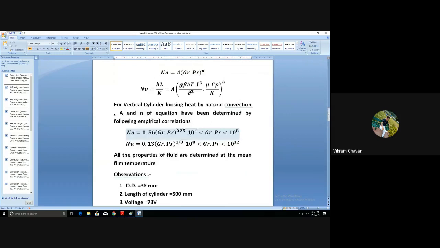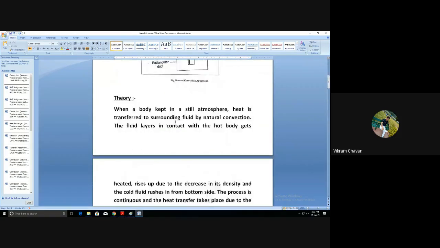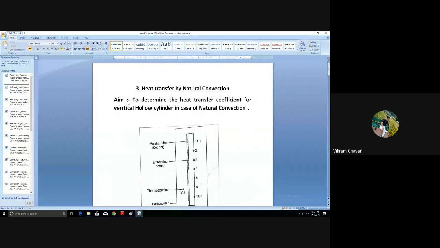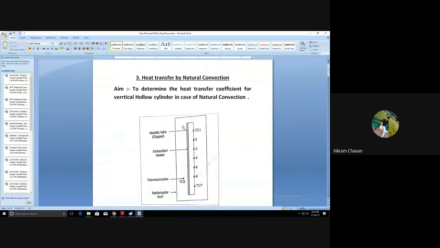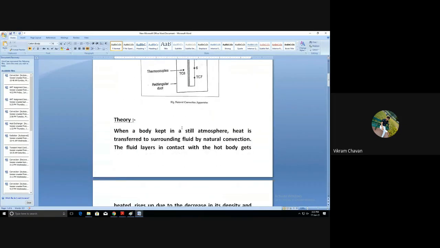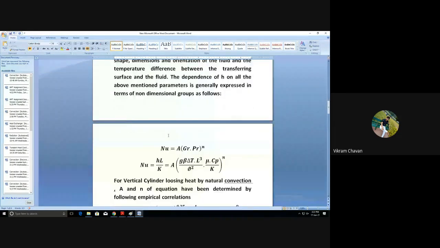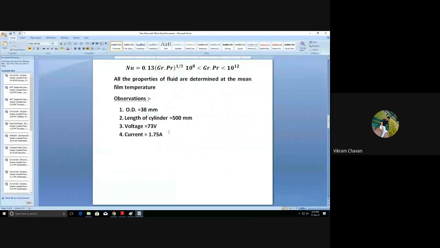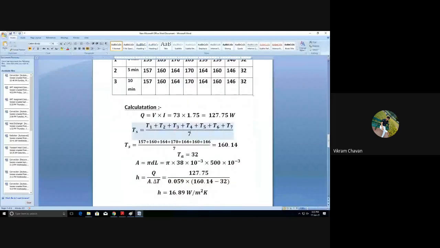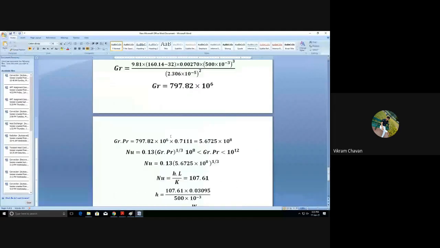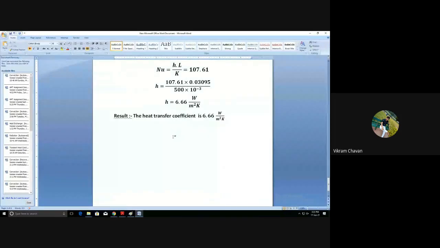Today also I will share this write-up part, no issue. I will convert the Word file into a PDF and then share it with you. You have to draw the diagram, write some theory which is required for the calculation purpose, and then the observation table and calculation part. That's it, nothing else. If you have any doubt, any question, you can ask, or else we will stop here, and you can put your roll numbers in the chat box and leave.